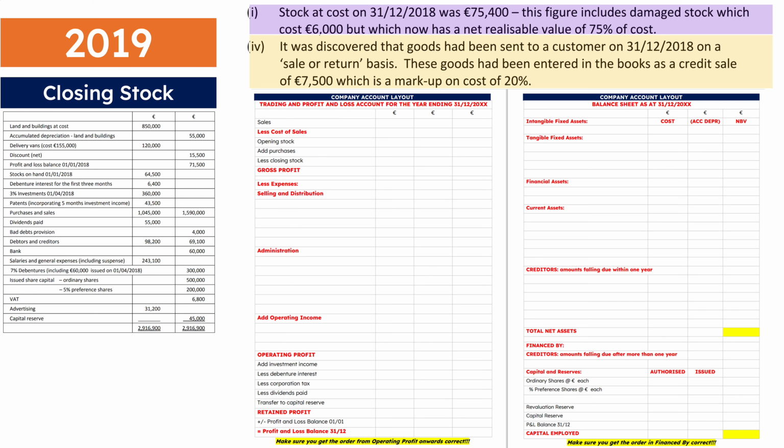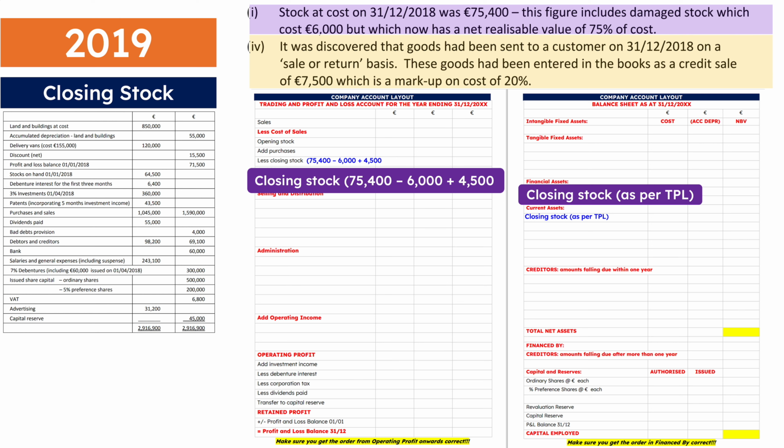Adjustment 4. So we sent goods to a customer on a sale or return basis. So we shouldn't enter that as a credit sale, but it was entered as a credit sale by the bookkeeper. So we need to unwind it. So how will we do that? Well, we need to add the cost price back to closing stock, and we will subtract the 7,500 from sales